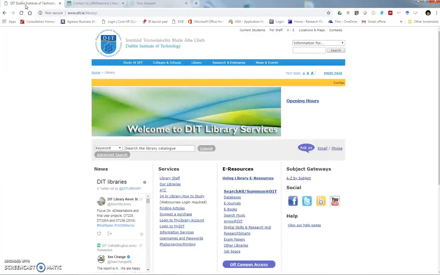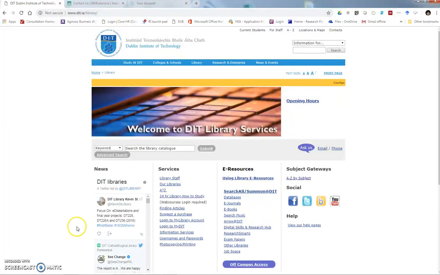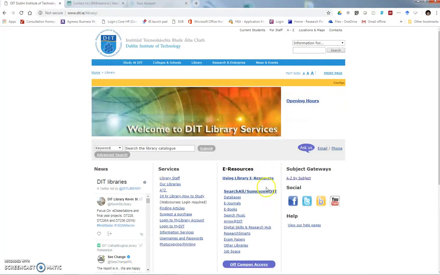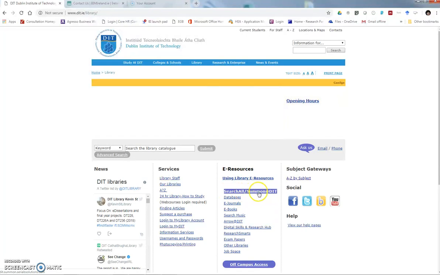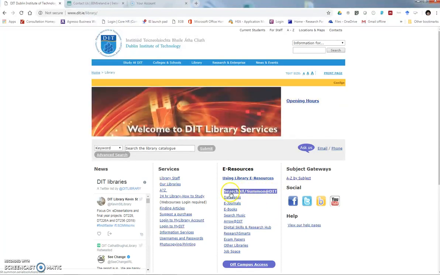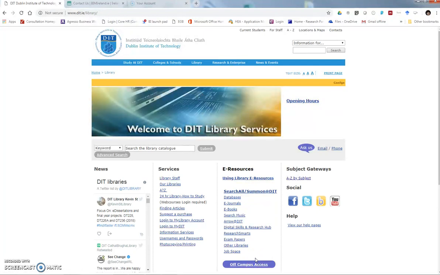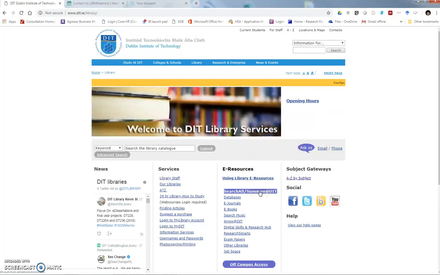So if you go to DIT library, so dit.ie/library, there are lots of other ways into the materials and I will show you them in the future, but for the purposes of this first task, the easiest way is to go to the eResources, search all Summon at DIT. Now, if you're using this off-site, you need to first of all check this off-campus access box so that it allows you to put in your password and basically get behind DIT's firewall. But assuming now we're behind the firewall, if we click on this,